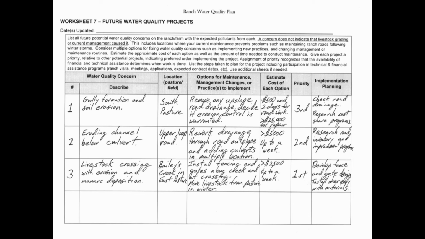This is management caused, making it important to work on. But a little more thinking and research is needed to determine if there is more erosion potential or if the majority of erosion has already taken place. Also, the cost and complexity of the project will likely require some financial and technical assistance. The stream crossing site is prioritized as number 1 because it is influenced by current management and either through fencing or herding distribution decisions can be addressed easily.